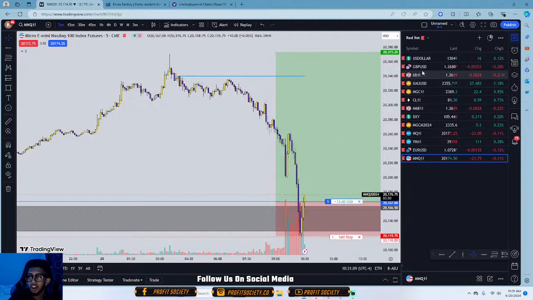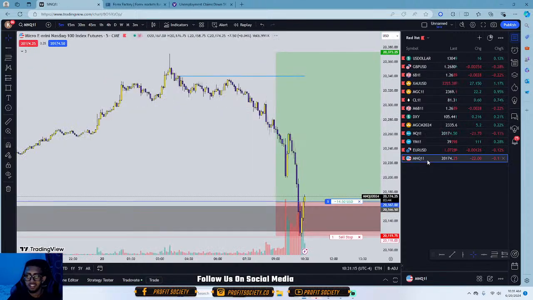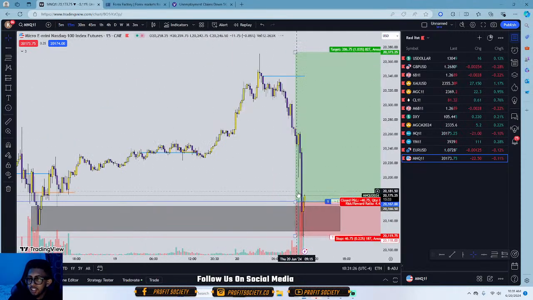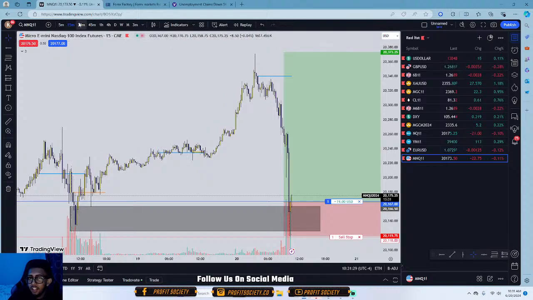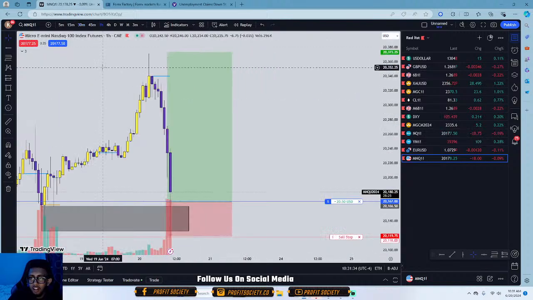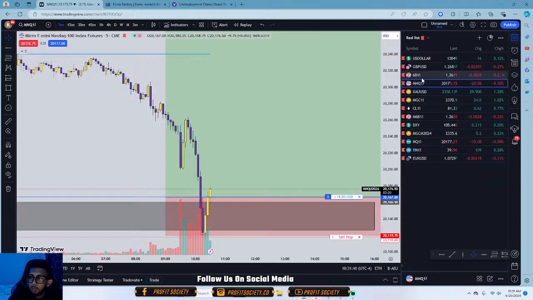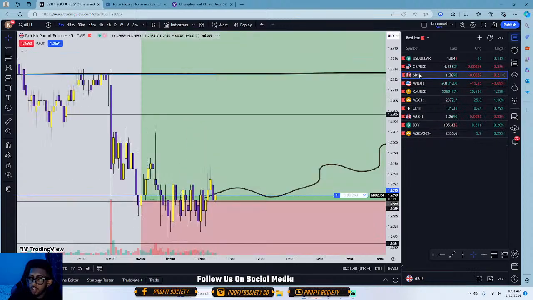This thing does move a lot smoother than this GBP. I'm not gonna lie, it does move a lot faster and a lot more volatile. So a lot of people tend to trade NAS more than GU nowadays, and some of these other pairs that I go over, like GU and gold. So let's move it up. Let's delete some of the other things we have on here. Let's just focus on the pound